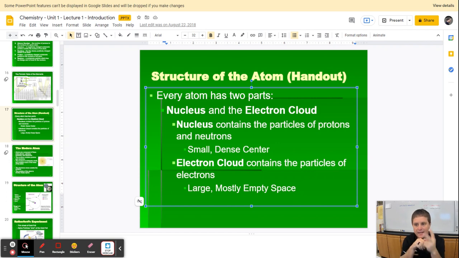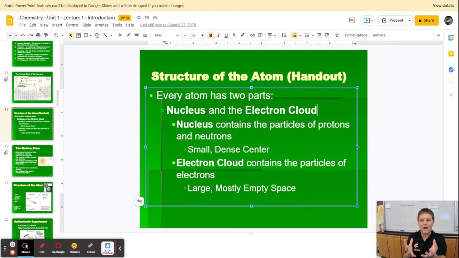The inner part is called the nucleus, and it contains two types of, we're going to call them subatomic particles, because they're within, like a submarine goes within the water, a subway goes within the ground. Subatomic means within. Within the atom, within the nucleus, the center part, there are two types of particles, the protons